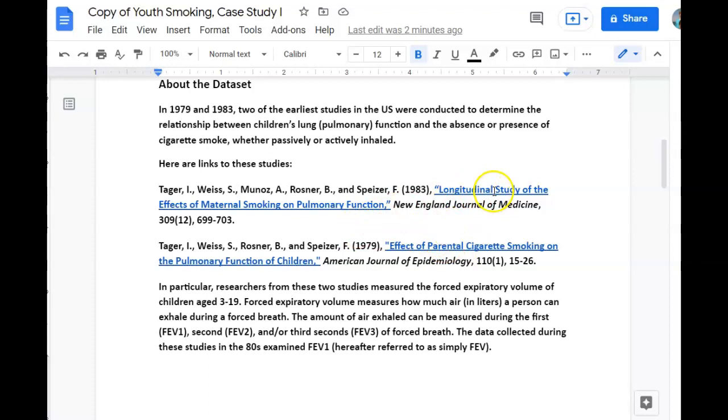So you can open them up. You don't have to read the paper, but it might be helpful to look at the method and methodology section, because that explains how the data was collected, so you can get an idea of what sampling method was used. Okay,